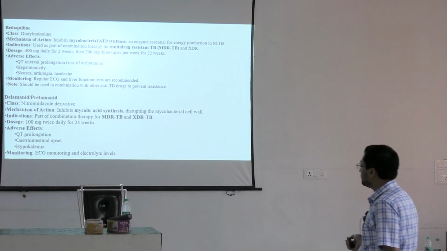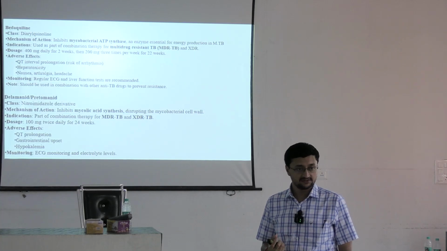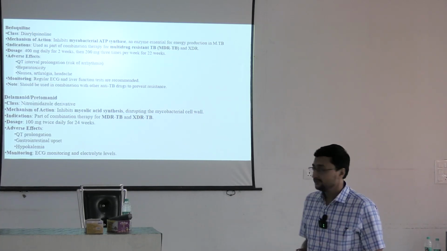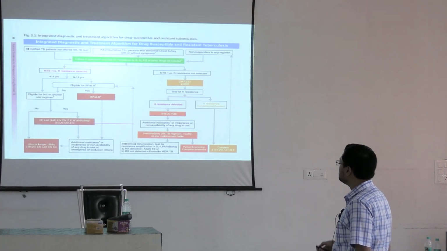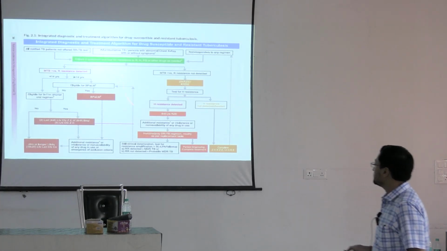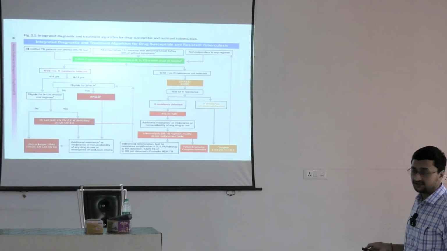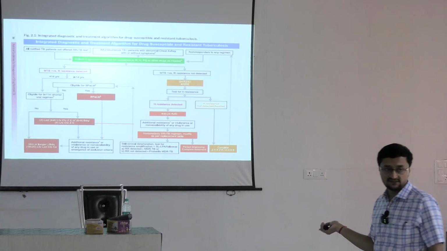And in case of what is delamanid? Delamanid inhibits the mycolic acid synthesis. ঠিক আছে? Delamanid side effect more or less same, QTc prolongation and hepatotoxicity. This is the drug susceptible and drug resistant tuberculosis, একটা এরিয়াতে করা আছে, ঠিক আছে? এটা আমি দিয়ে দেবো, এটা দেখে নিচ্ছি। এতক্ষণ যেটা বললাম সেই একই সেম, আর কিছু নেই।